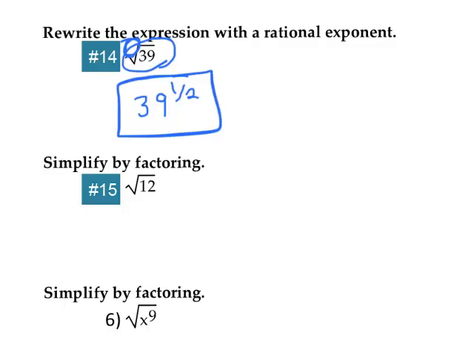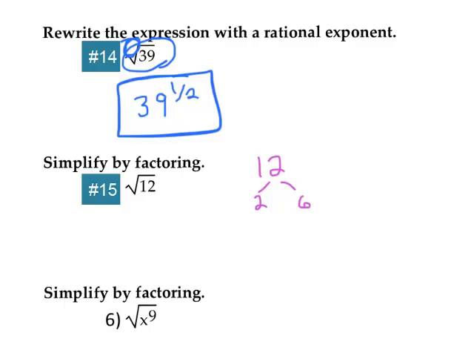Number 5, simplify by factoring. So what we want to do is we want to say, how can I break up 12 into its factors using a prime number tree? Or I feel like there's another word for it, but anyway. So what multiplies together to get 12? You might think 2 or 6 or 3 or 4, 3 and 4, and either one of those will work